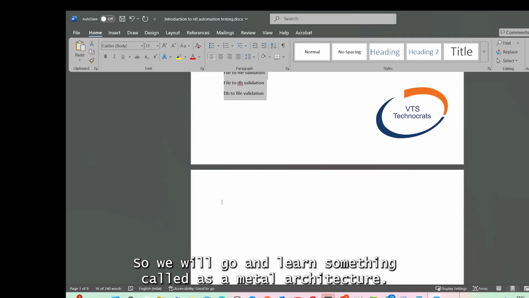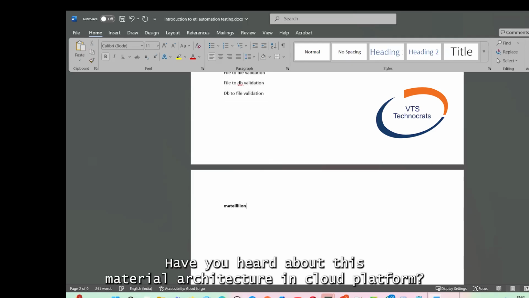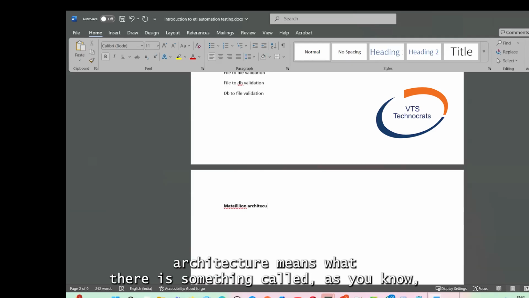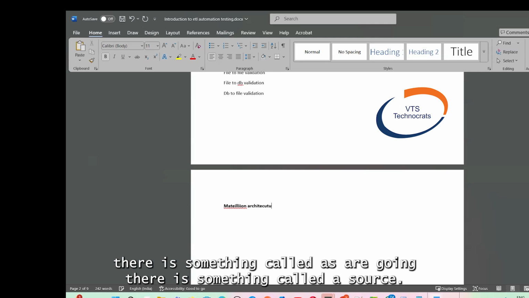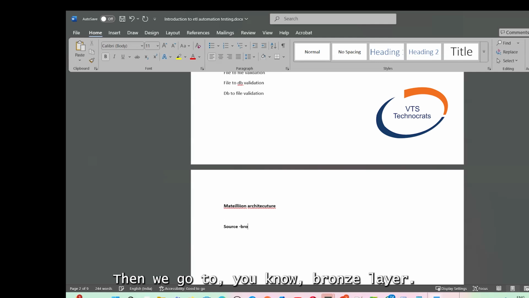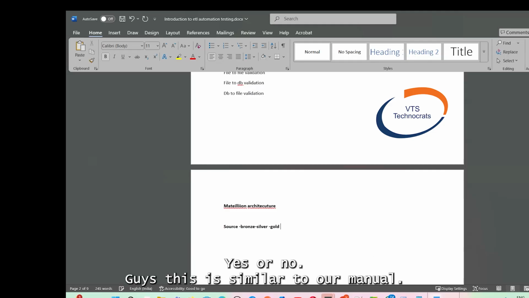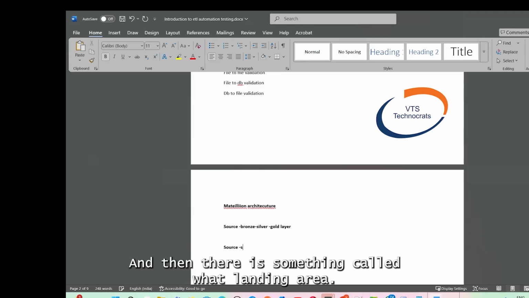Then we will learn the Medallion architecture. Have you heard about this Medallion architecture in the cloud platform, yes or no, guys? So what does the Medallion architecture mean? There is something called source, then we go to the bronze layer, then the silver layer, then the gold layer. Yes or no, guys? This is similar to our manual ETL, source